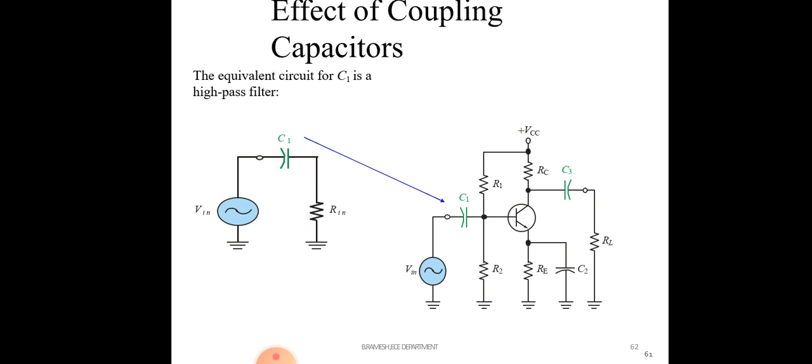When you apply the input voltage, initially the reactance is high, so it allows only a small amount of signal, meaning low voltage and low current. Output current IC is equal to beta times IB, so the IC current also decreases at low frequency. Slowly, when you increase the frequency, the reactance of the RC network decreases, and that allows more signal, which gets amplified by the BJT. So it produces the output current.